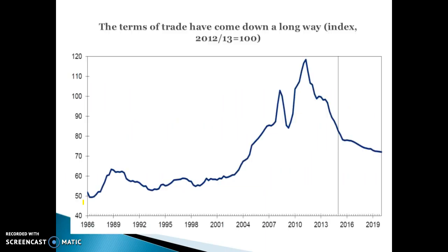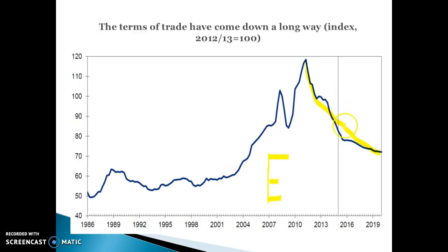So it's really important you're up to date with what the key demand and supply side factors are at the moment. So first thing, and this is probably the big thing that's been happening throughout the last 3 or 4 years, is the terms of trade is starting to fall. The terms of trade measures the average price of our exports compared to our imports, and at the moment Australia's export prices are going down considerably, and that's driven by the fact that the mining boom is slowing down.